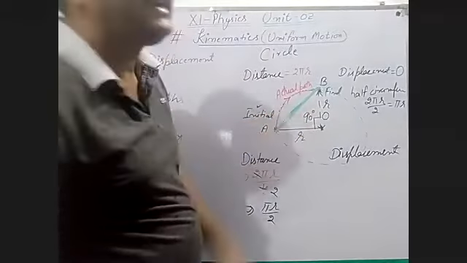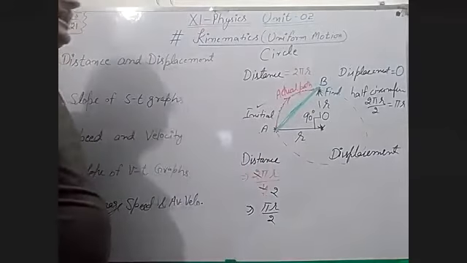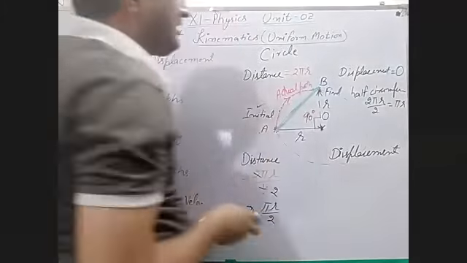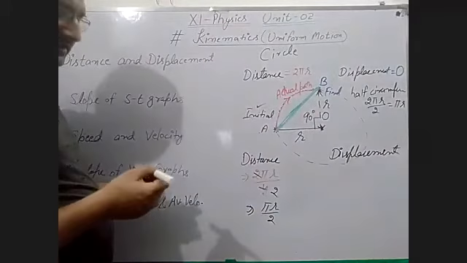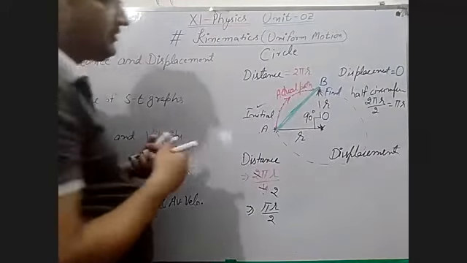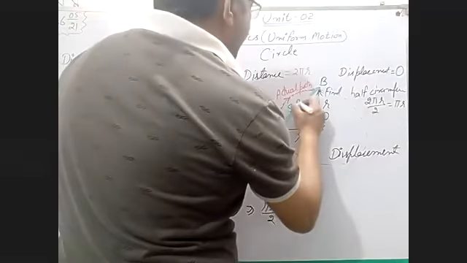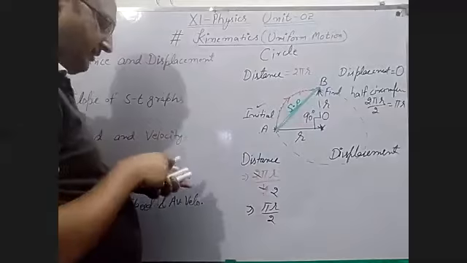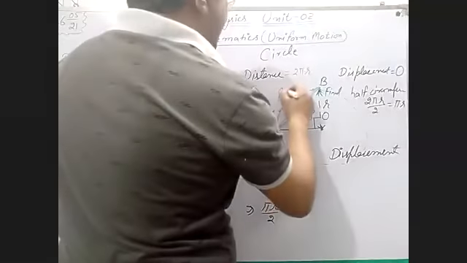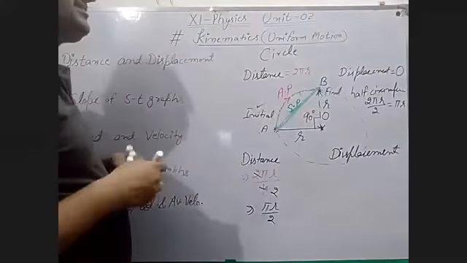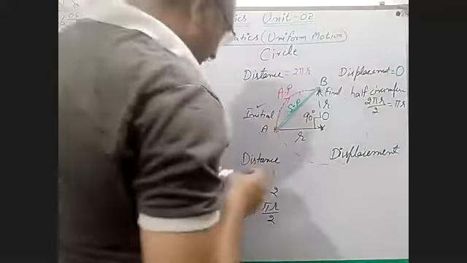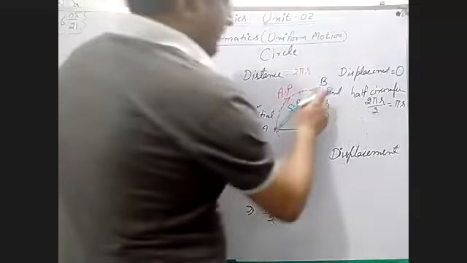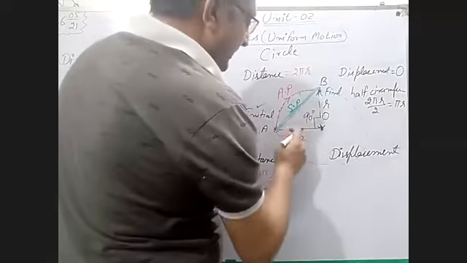Why? Because here I am looking, this is a right angle triangle, and I want to take the value of this green line because this is the shortest path. The shortest path you can write as SP, and the actual path, in short, as AP. AP is the actual path and SP is the shortest path. Then how can you calculate this shortest path? By applying Pythagoras.